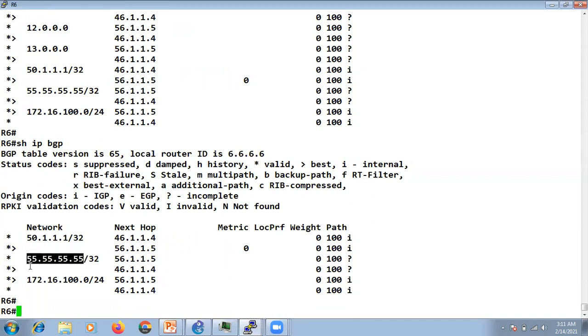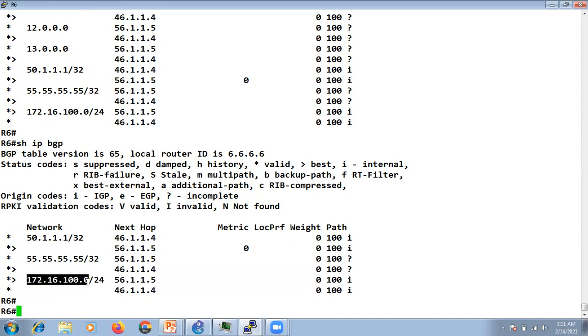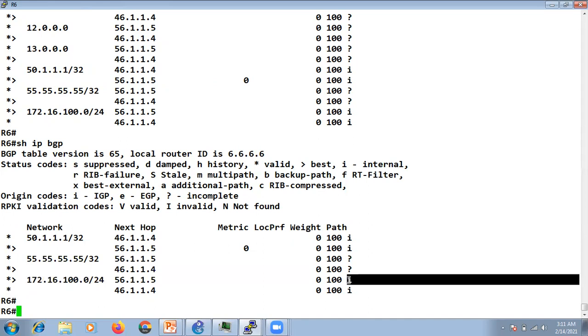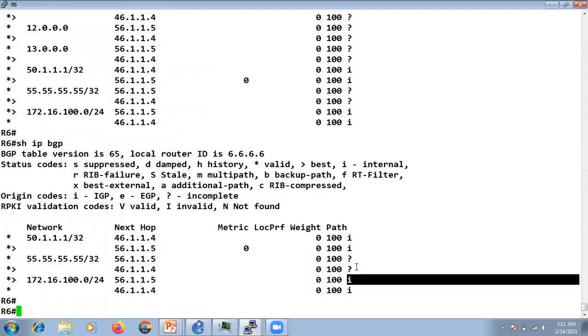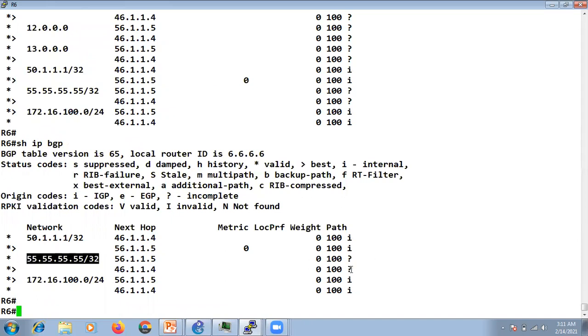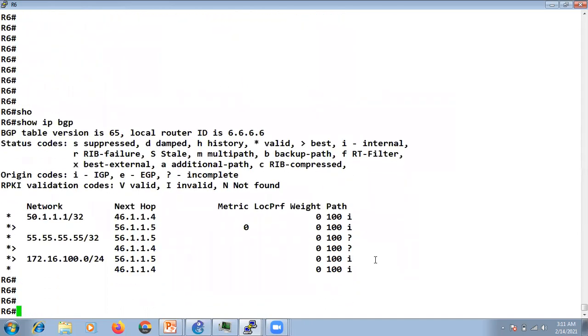Now you can see for the 55, now the origin code is the question mark instead of I, right? For the 172.16.0.0 network, it is I because it is advertised by the network command, right? Now because we have redistributed this network, it is coming as a question mark. Now show IP BGP.